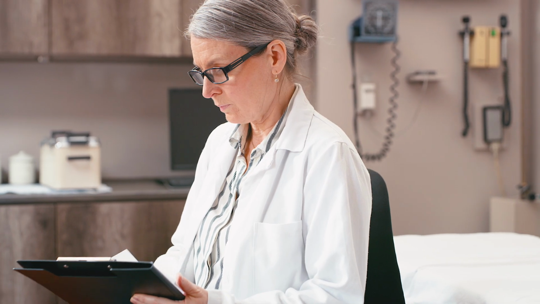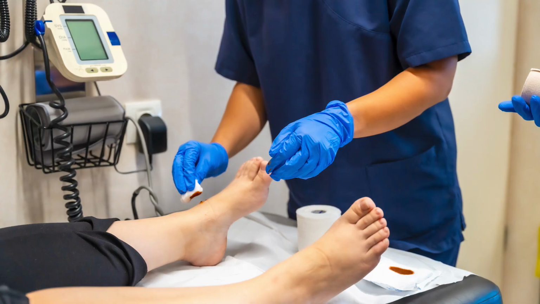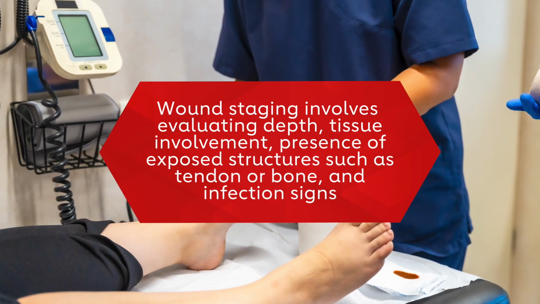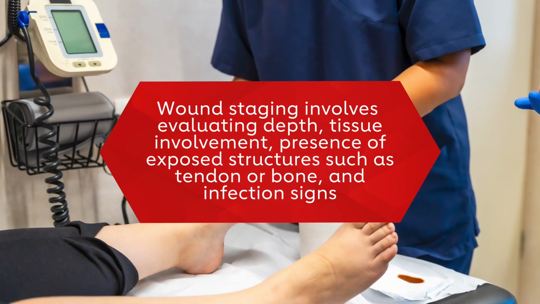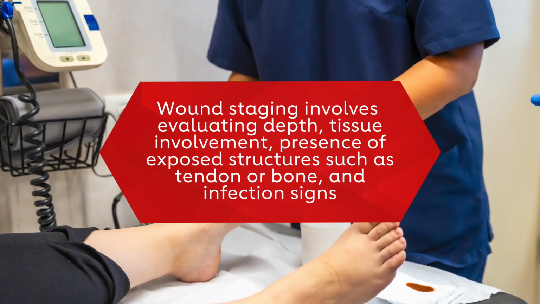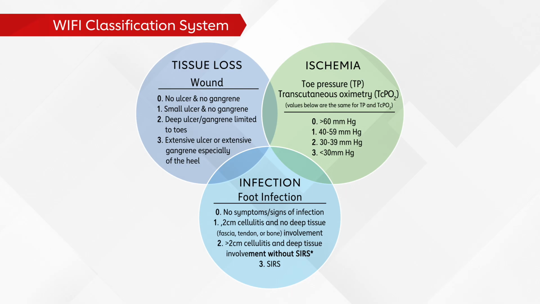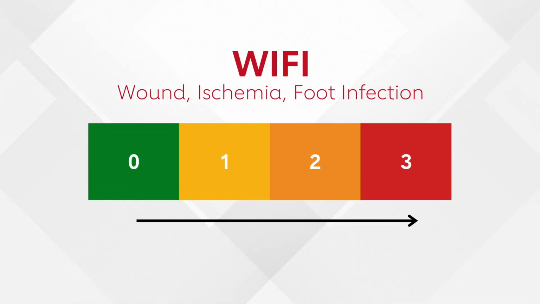Now let's talk about staging wounds and differentiating neuropathic from vascular ulcers. Wound staging involves evaluating depth, tissue involvement, presence of exposed structures such as tendon or bone, and infection signs. An important tool for assessing ischemic wounds in PAD patients is the WI-FI classification system developed by the Society for Vascular Surgery. WI-FI stands for wound, ischemia, and foot infection, and each category is graded from 0 to 3 based